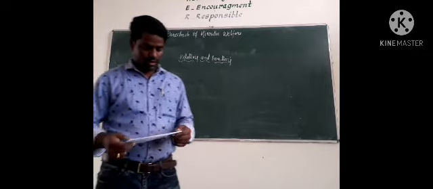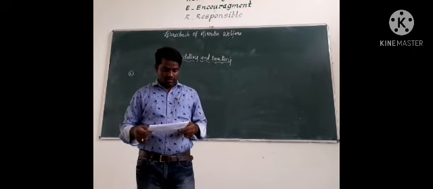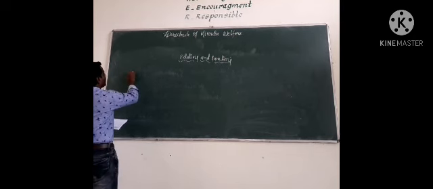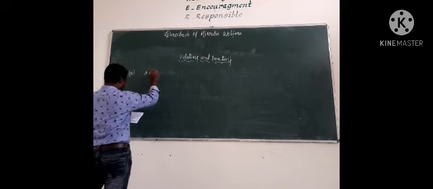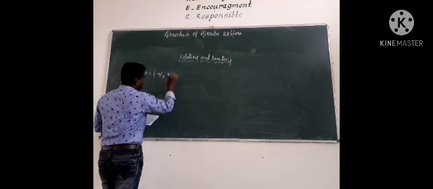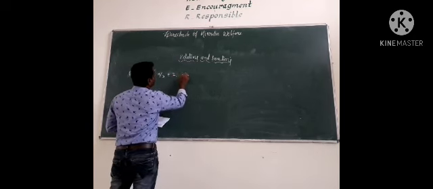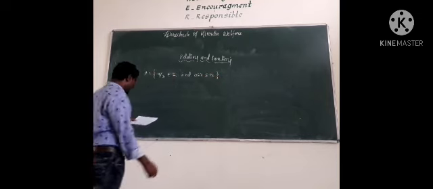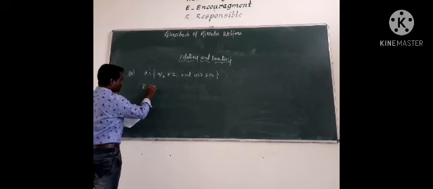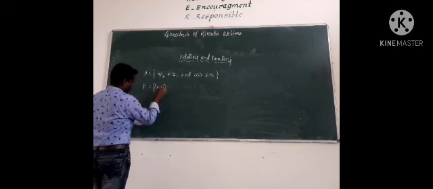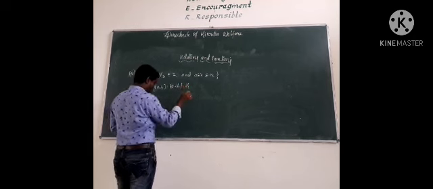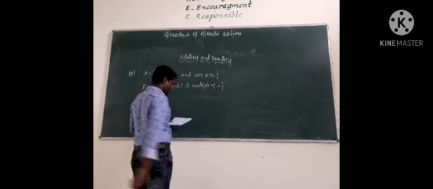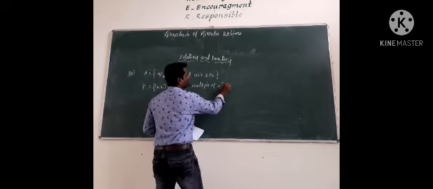Next question. Here we have to show that the relation R in the set A, where A equals {x : x belongs to Z and x is greater than or equal to 0 and less than or equal to 12}, and the given relation is R equal to {(a, b) : modulus of a minus b is a multiple of 4}, is an equivalence relation.